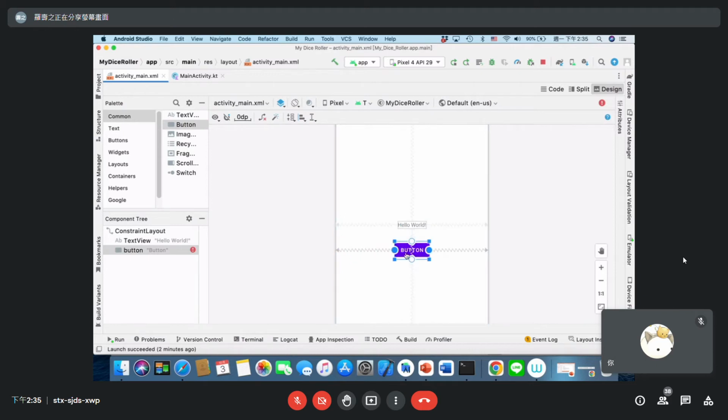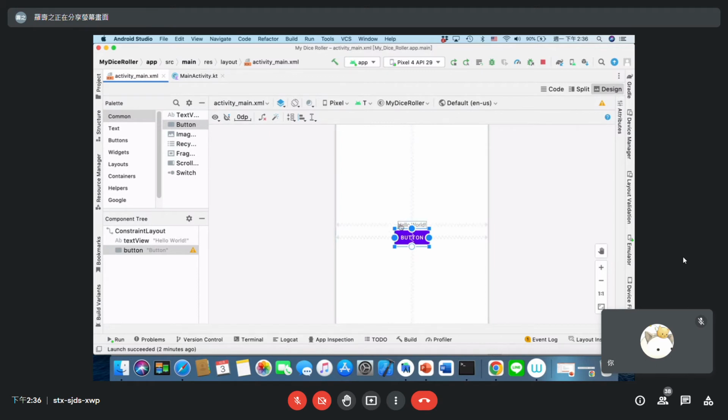Then the button will show in the center in the horizontal direction. And also, I hope the button is just below the hello world. So I need to add a constraint from here to here. Okay, and you can see, I just set the constraint. And the next step, according to my instruction guide,